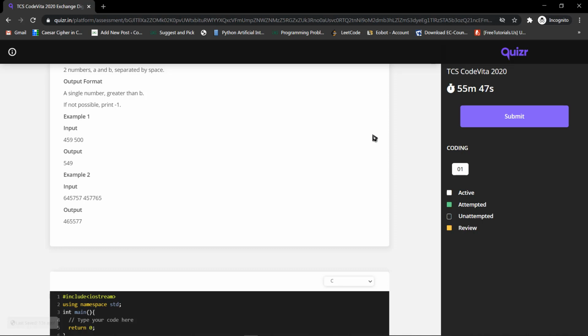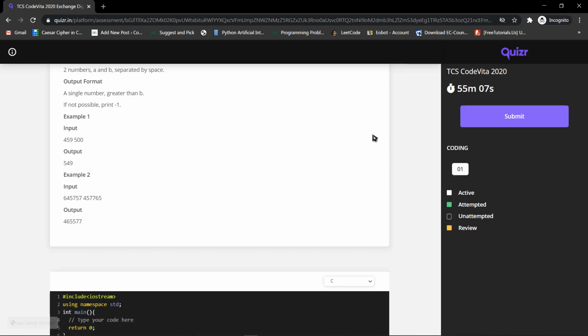So let's think of all the cases that will get us -1. If the length of the digits in a, like a is 100 and b is 1000, it is not possible to get any greater number, because a is in hundreds and b is in thousands. So we can simply find the length of both a and b.